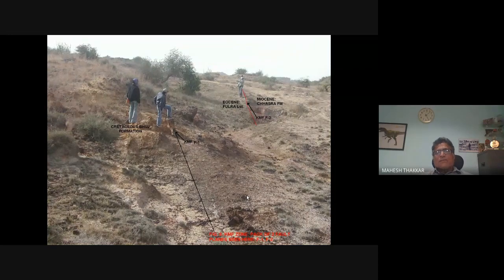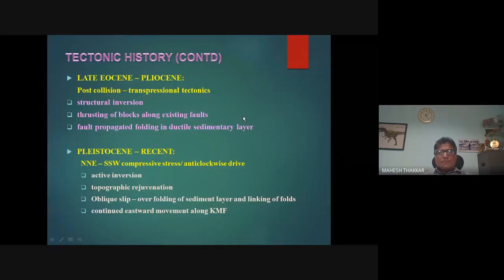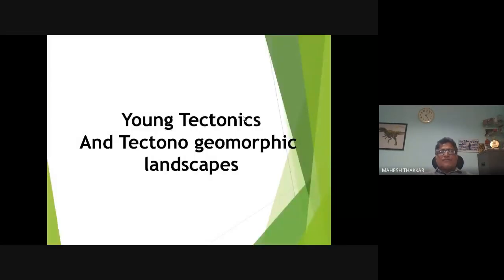So these are similar pictures. We have Fulra limestones, which are standing almost vertical, parallel to the fault. Now this phase, Paleocene to recent, I would like to show you quickly because it is almost 5 o'clock, but I would take 15 more minutes. Sir, is it okay to show you the young tectonics? Because if I don't show you the young tectonics,